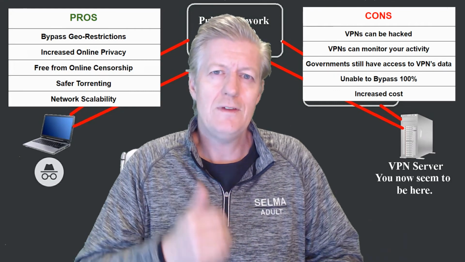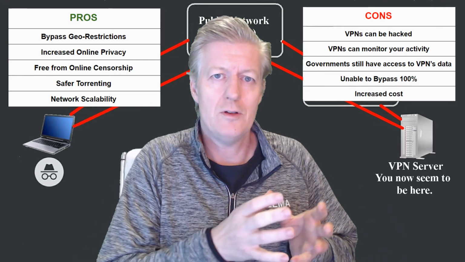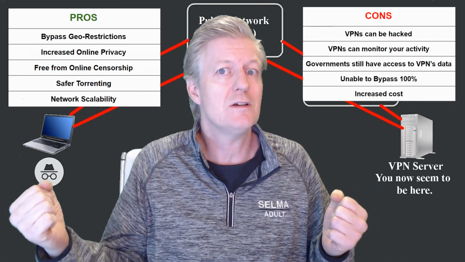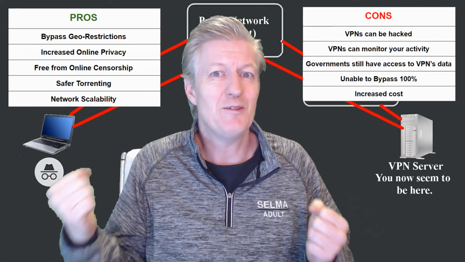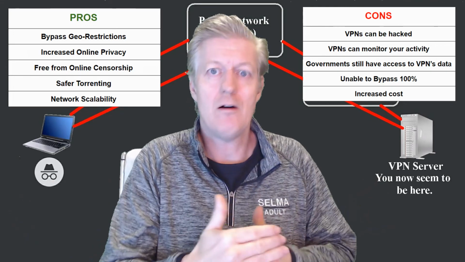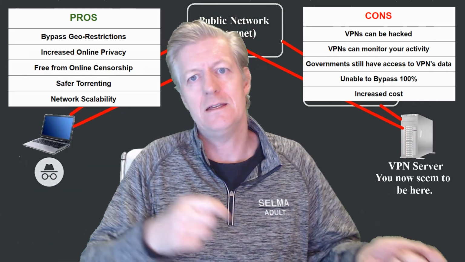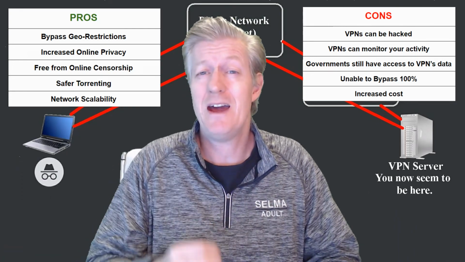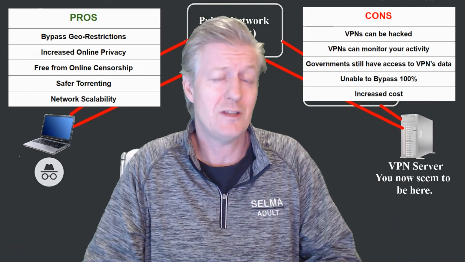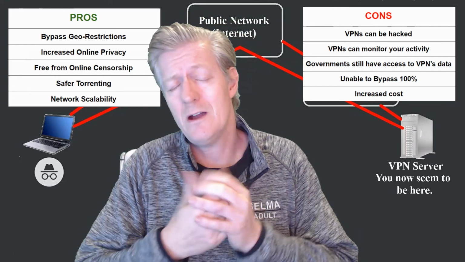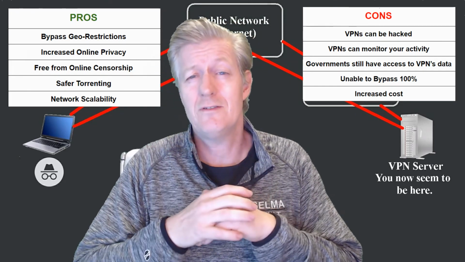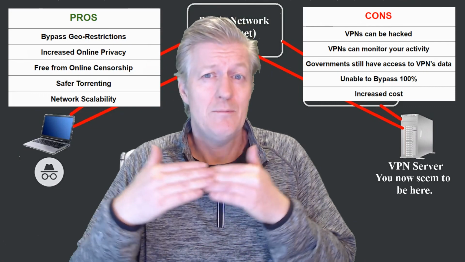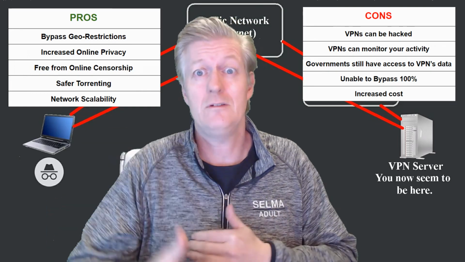And also the VPN actually knows your real IP address. You think, okay, great, no one knows my IP address. Well, who does? The VPN does. And they keep a log of that so they know exactly where the data is coming from and where it's going. And unfortunately, it's unable to bypass 100% of some of the restrictions that are out there. And the last con that I'm going to be covering here is the increase of cost. And I almost forgot, another drawback would be performance as far as your download speeds.